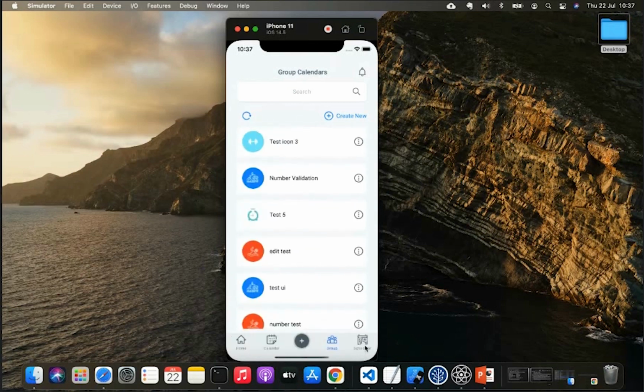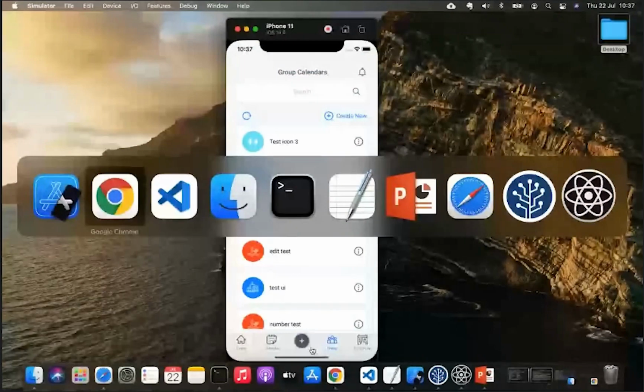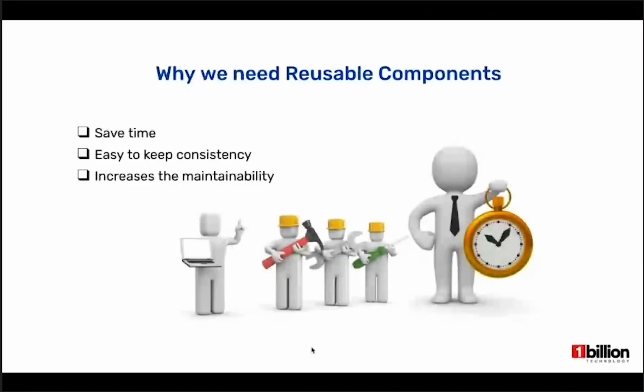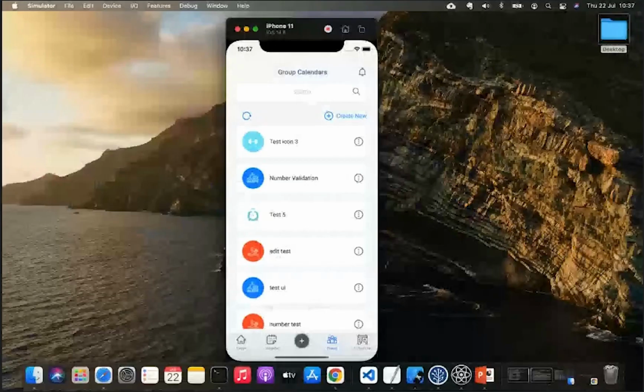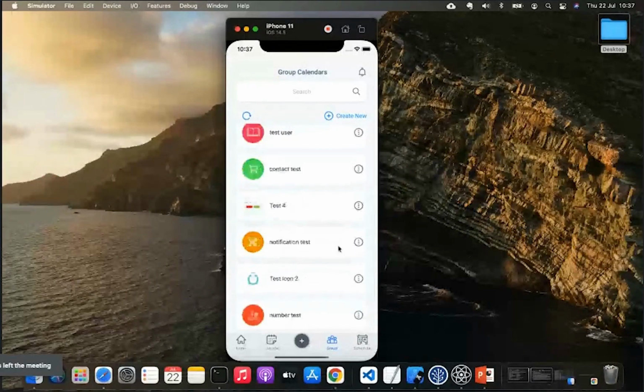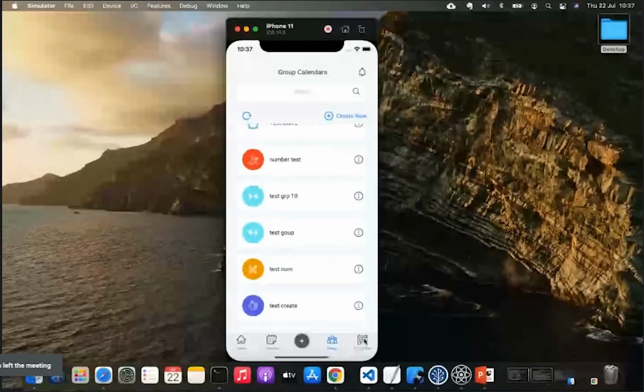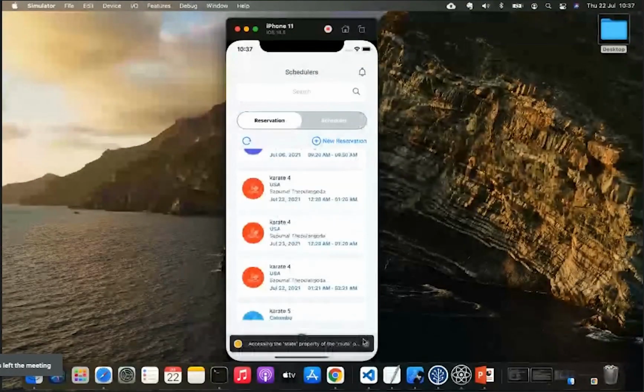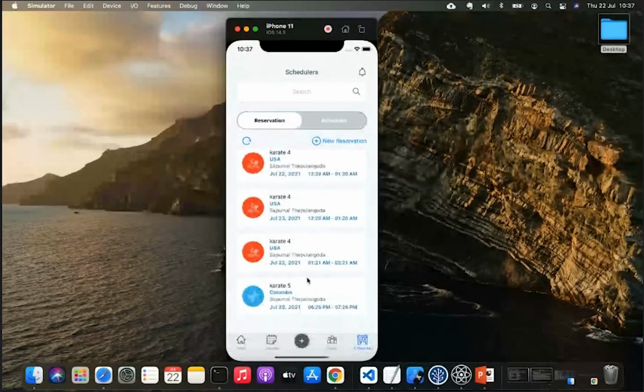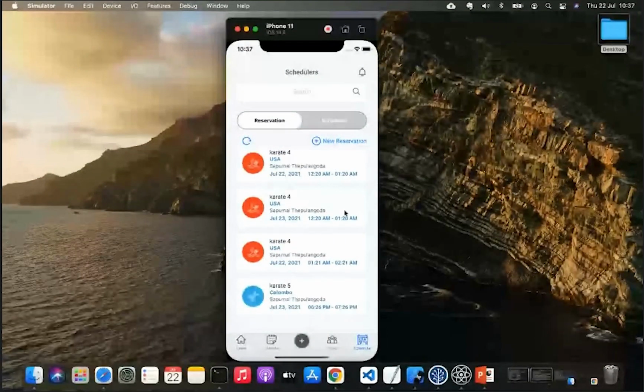As I said, it increases maintainability and consistency. If you use similar components, it automatically increases the consistency of the application. For example, it has given me more consistency throughout the user interfaces of this application.